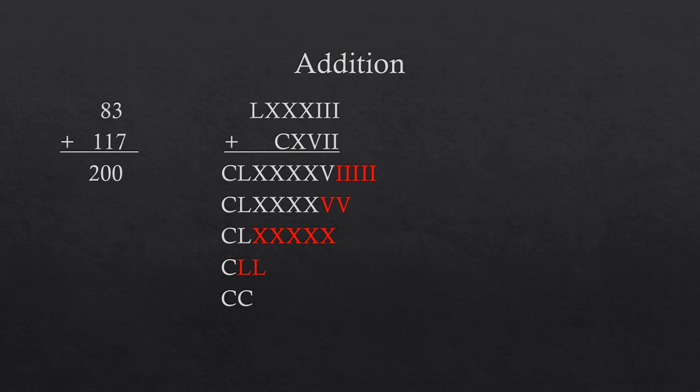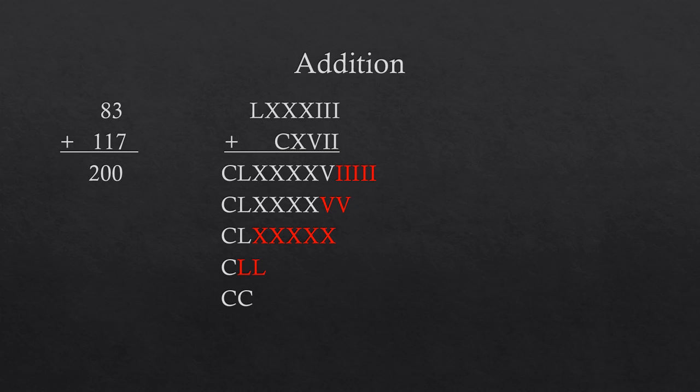Let's look at a simple addition problem. 83 plus 117. We know that to be 200. In Roman numerals, it'd be LXXXIII plus CXVII. When adding Roman numerals, simply place all the values in order from greatest to least, and then combine numerals to form higher ones. So our answer would be